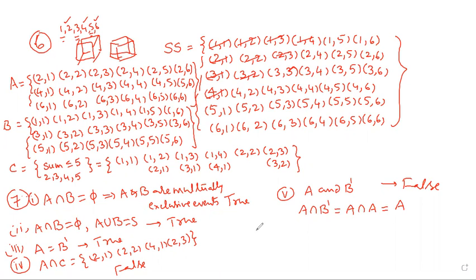Sixth bit: A dash, B dash, C dash are mutually exclusive and exhaustive. Right. A dash is equal to B, and B dash is equal to A. Okay? C dash is equal to, already I will write. Everyone see the C dash; other than the one already here, you have to complete that bit. Everyone complete this bit.